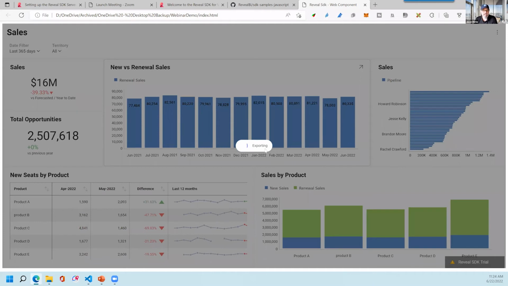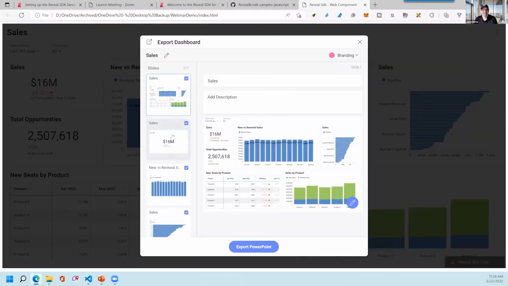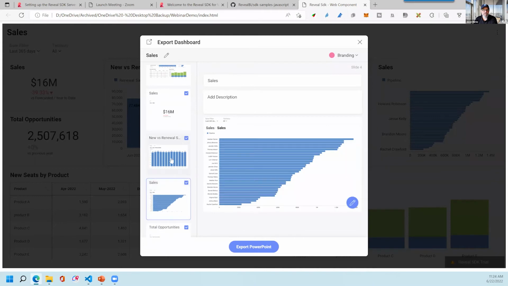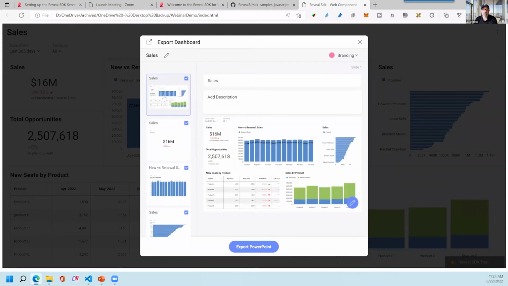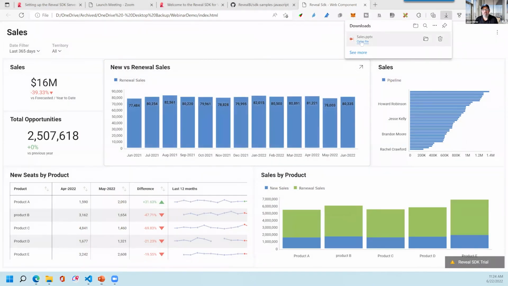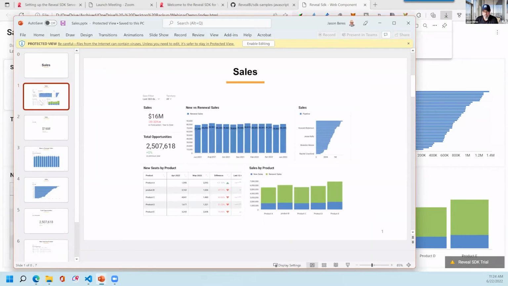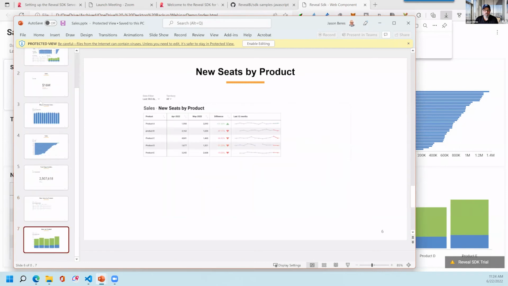But we get this dialogue eventually, yep, that shows up and it's saying, hey, which one of these do you actually want in your PowerPoint? What descriptions and titles do you want? What style of branding do you want? Do you want to do some custom branding? You know, it's all up to you how this actually works. So now I'll just leave it all there and I'll say export to PowerPoint. And this has actually created a PowerPoint file for me. Let's move this guy over and you can see that now I've got a PowerPoint file with all of this